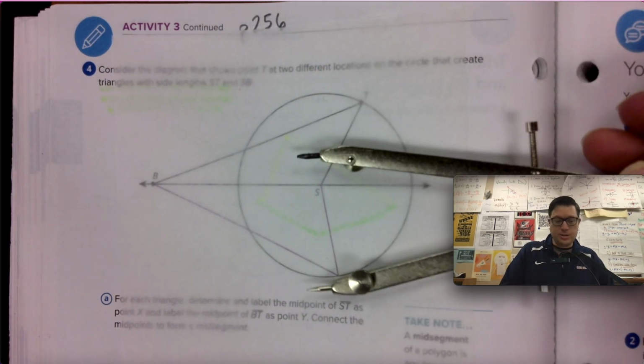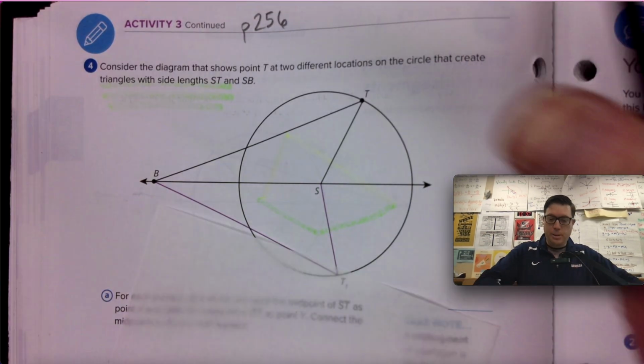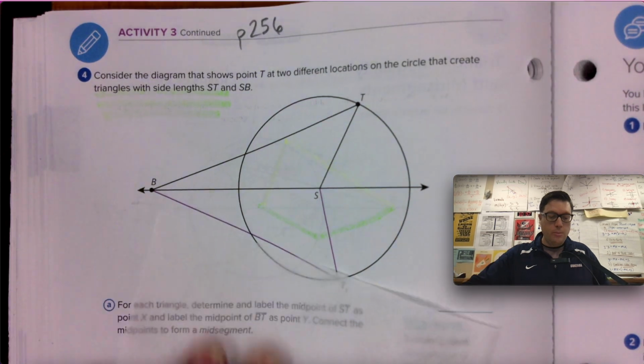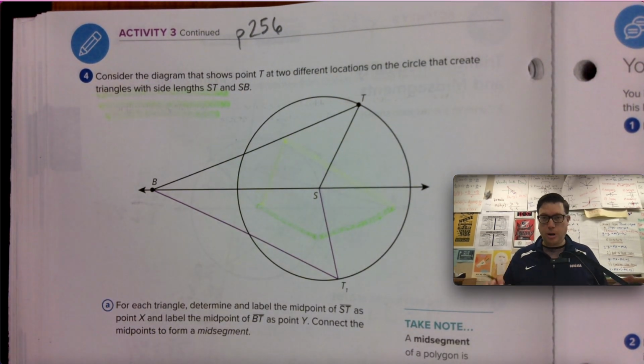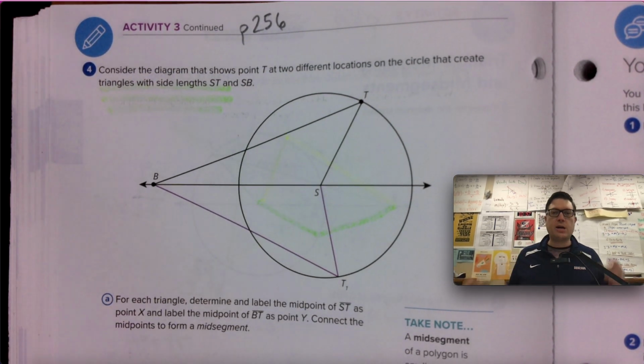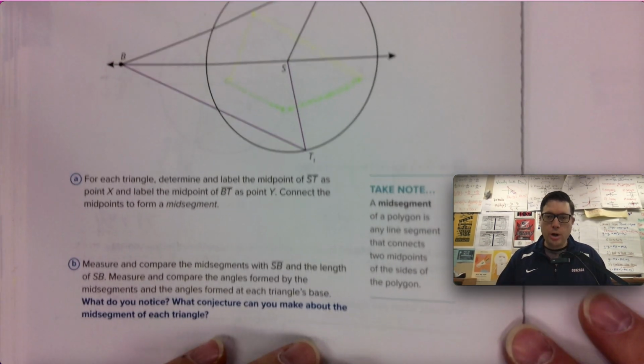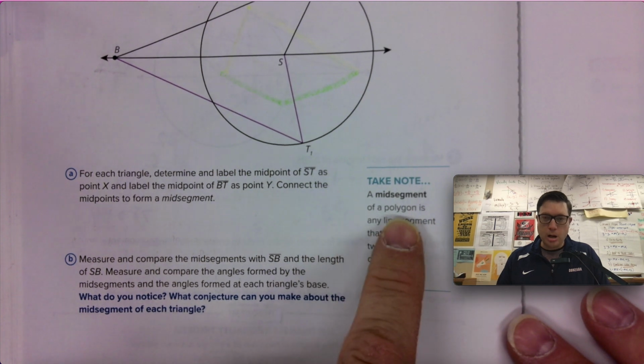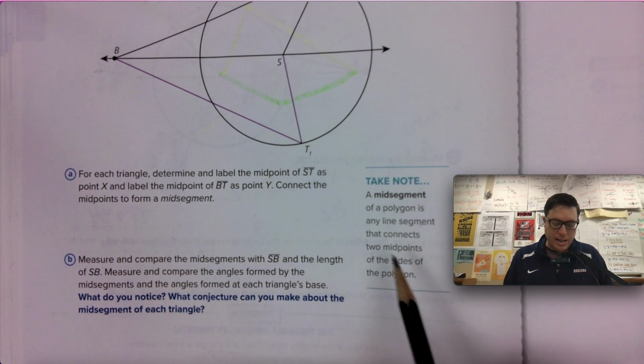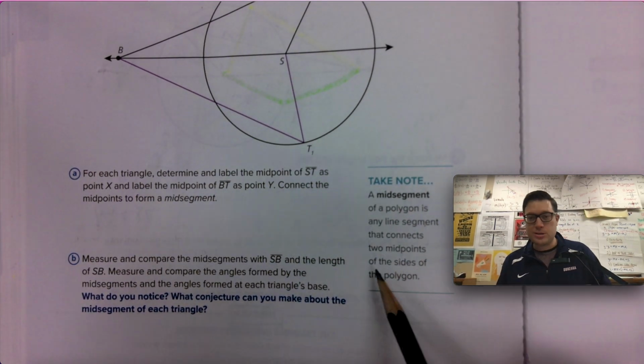Have a compass, have some tracing paper, have a pencil, have a highlighter. Because in this part 2 of the activity, we're going to talk about the mid-segments. And that's the goal. Note, a mid-segment of a polygon is any line segment that connects two midpoints of the